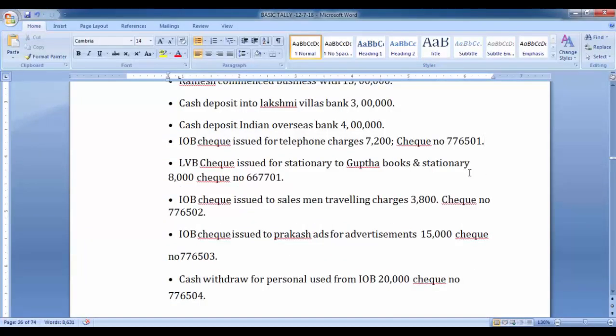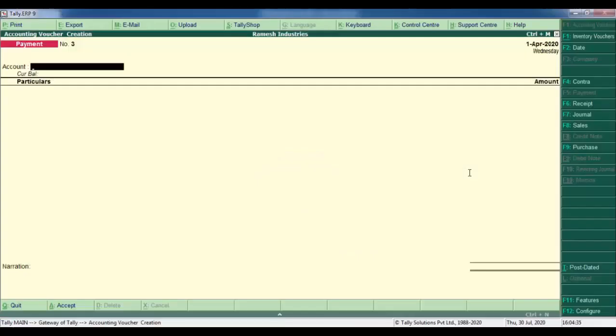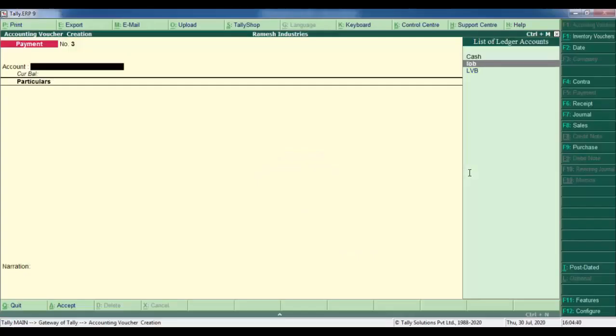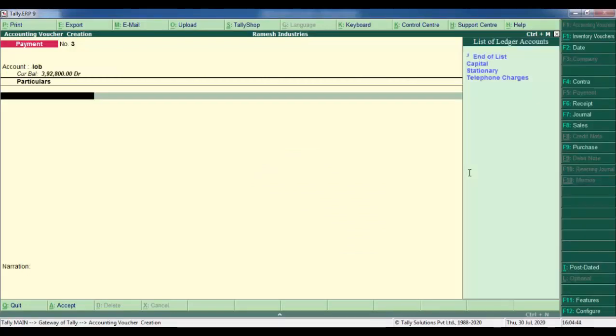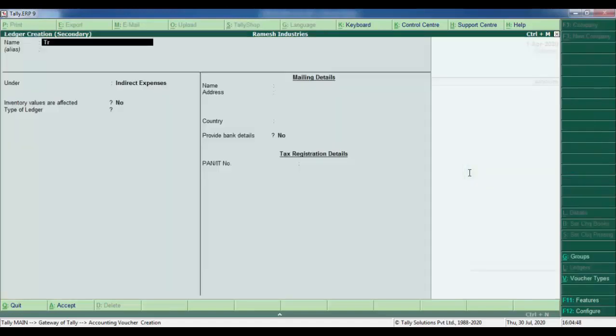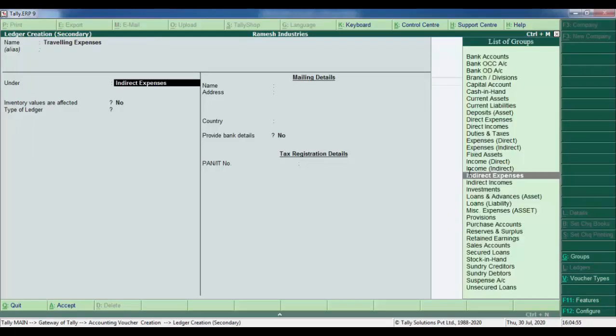IOB check issued to salesman for traveling charges 3,800. Check number 776502. So we are paying through an IOB check. Go to payment voucher, select IOB, and create a traveling expenses ledger under indirect expense.